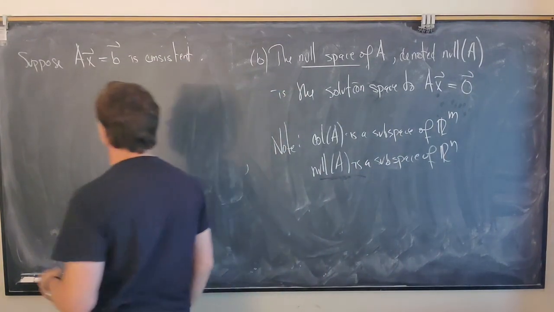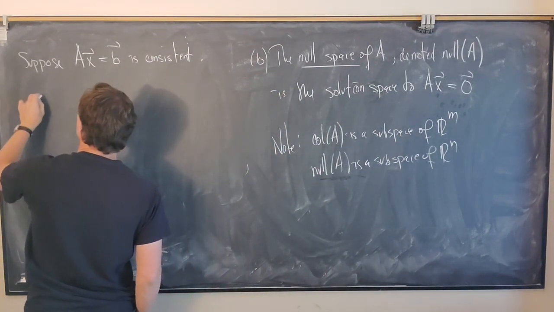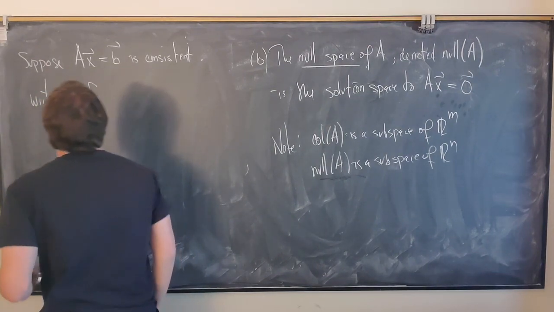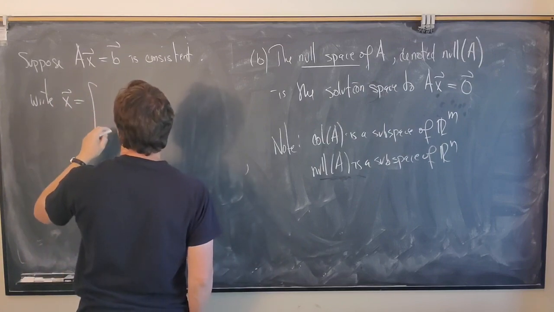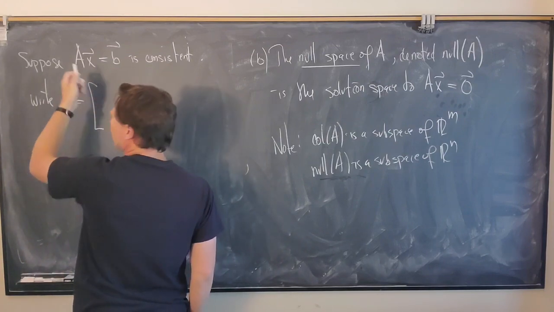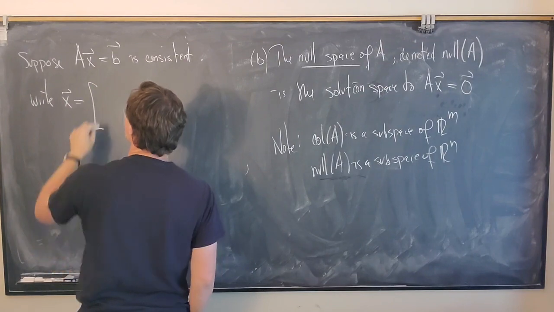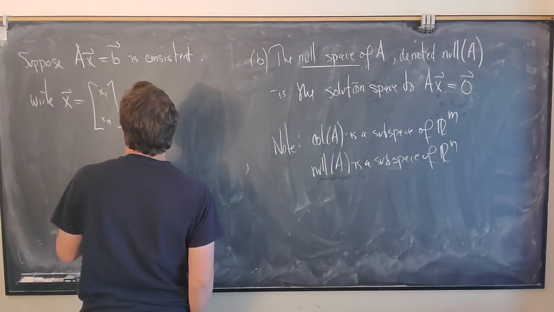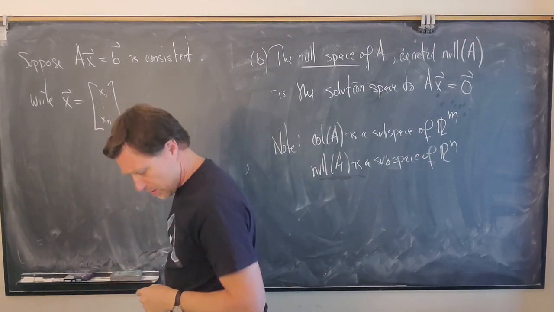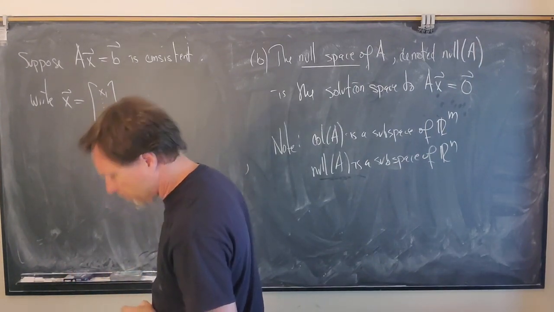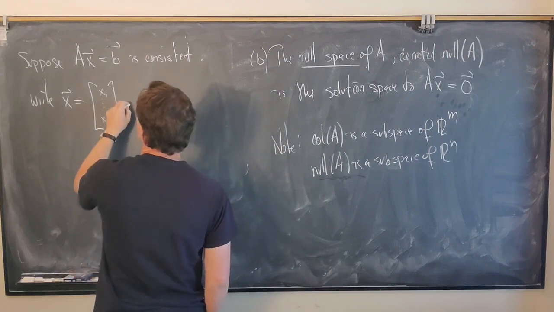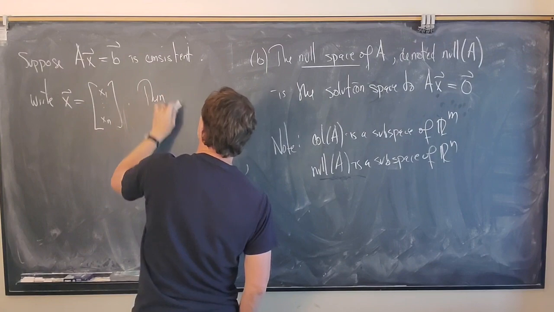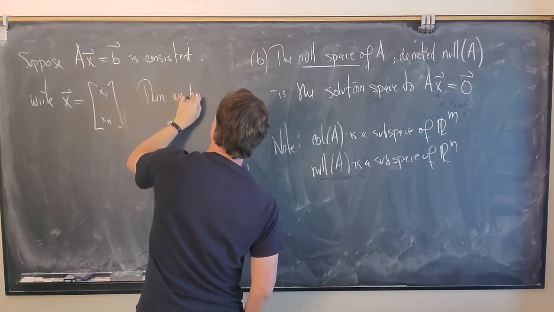Now if we write the vector X, and A is M by N, then this would be X1 through Xn. Then we have, so remember,